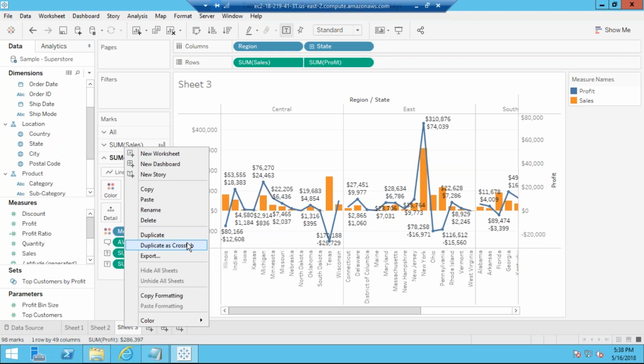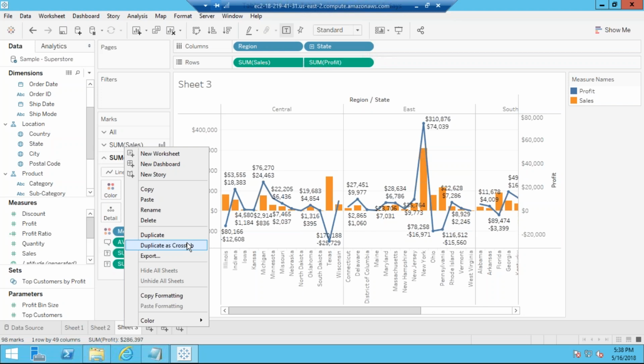So you know what a cross tab is? No? A pivot table. You might have used a pivot table in your Excel. Yeah, same thing. So cross tab is also the pivot table. So it is the summary of your data, aggregated data. That's what you do in a pivot in Excel.